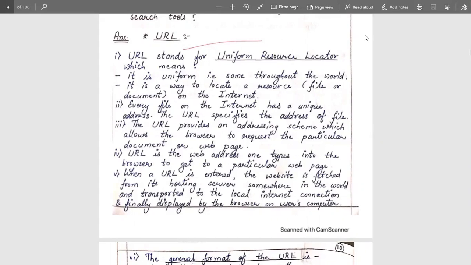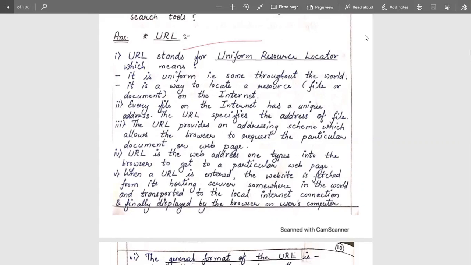The URL provides an addressing scheme which allows the browser to request a particular document or web page. If we want to fetch a particular document from a web page, then we need to know the URL address.